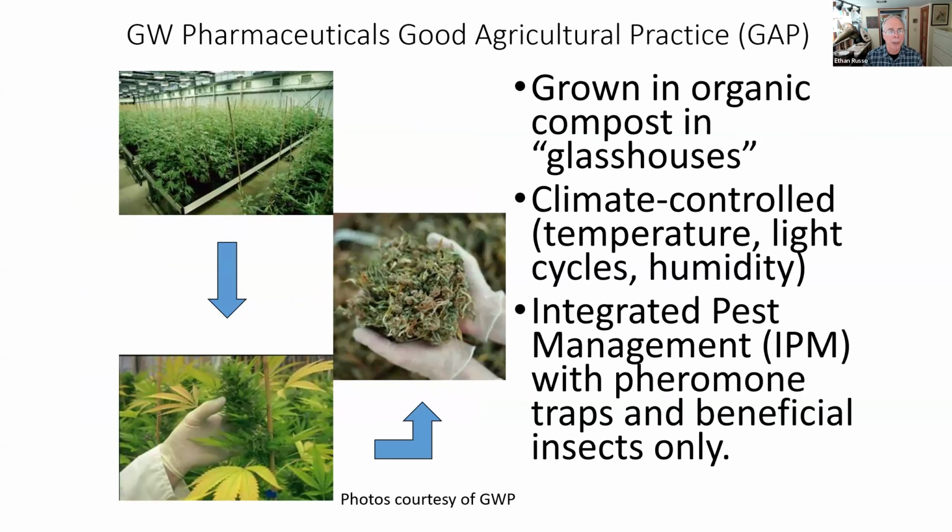Greenhouses are glass houses, as we see here for the glass house at GW Pharmaceuticals. In this particular instance, they used organic compost. It was climate controlled as to temperature, light cycles, and humidity. When there were bugs, they were treated with other bugs through what's called the Integrated Pest Management, or IPM. Also, there was use of pheromone traps. So these are sexual attractants to bugs, and no use of pesticides, because this was for medicinal use for the